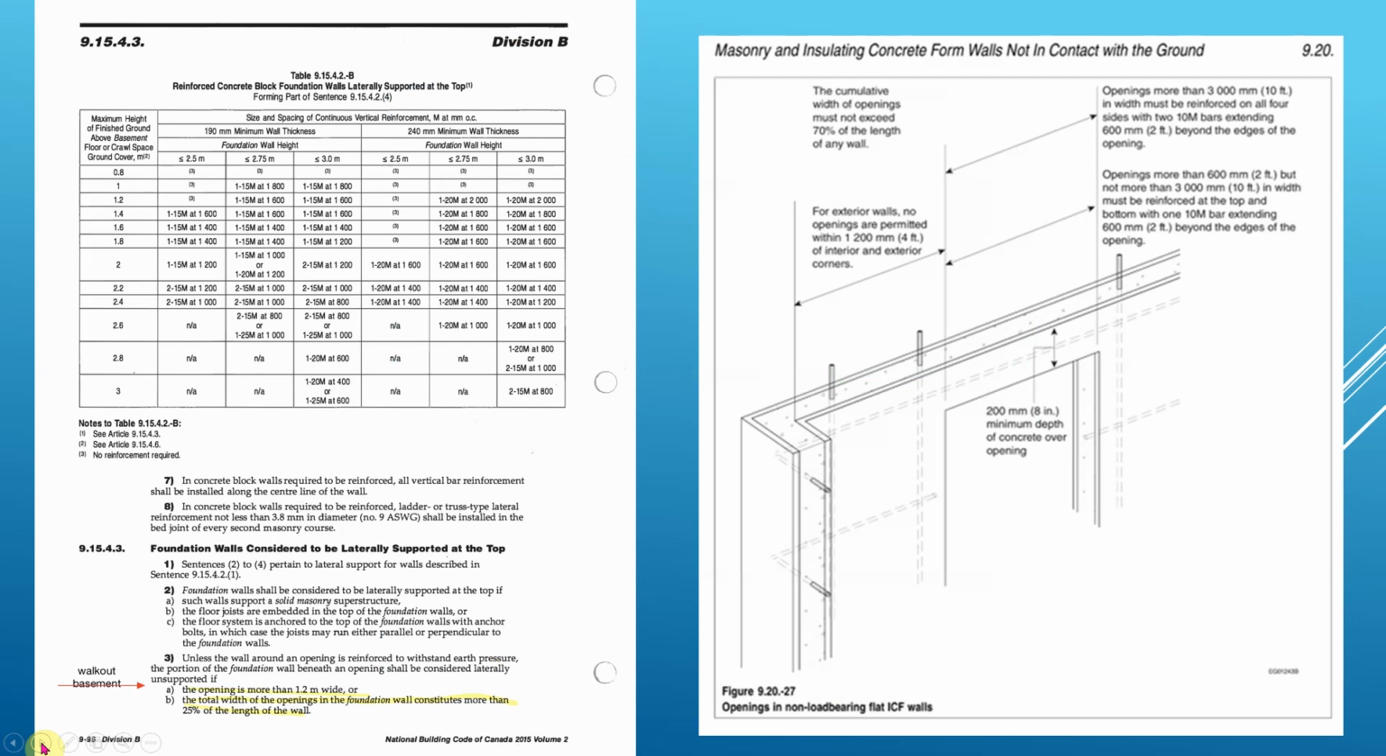Okay, now with this one here, we'll look here and see that you can't have any opening greater than 1.2 meters wide. This talks about openings shall be considered laterally unsupported, right? If you've got an opening that's greater than 1.2 meters wide, or if the area of the openings in the walls is greater than 25%. Okay, so if this opening here was greater than 1.2 meters wide,